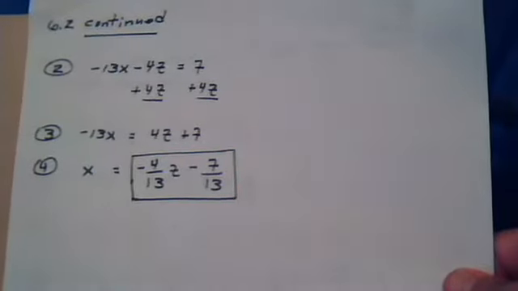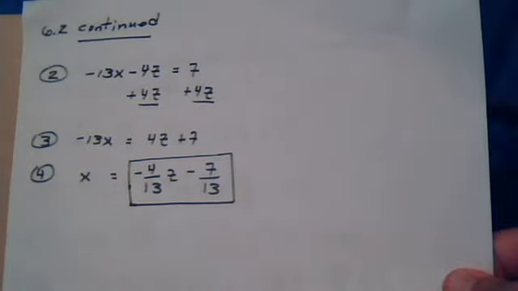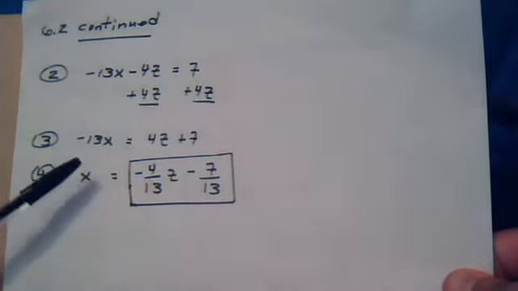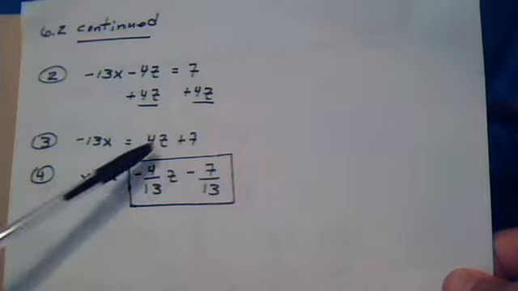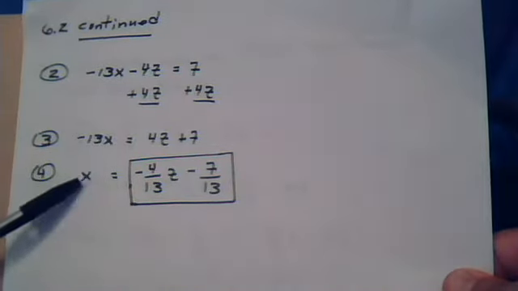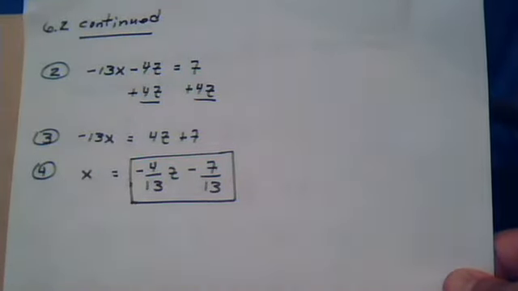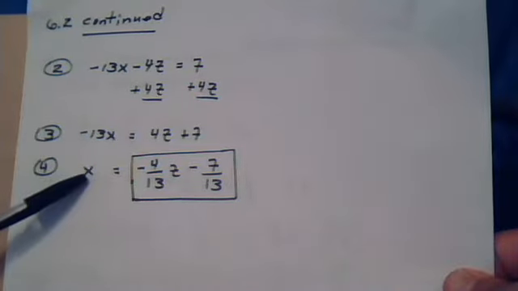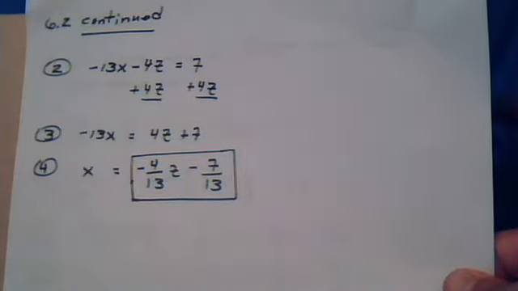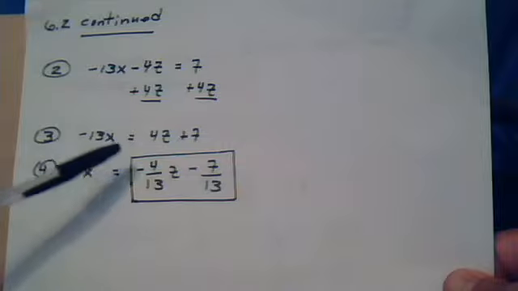So we solve for the x by getting the x by itself, and this is what the x is. X equals all of this. Notice that x is in terms of z. In other words, we're describing the x using the z. Now that you found what the x is in terms of z,